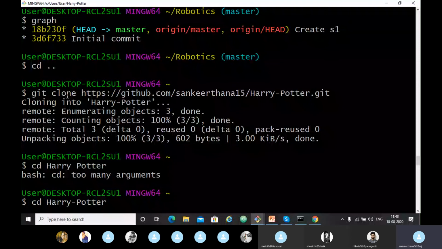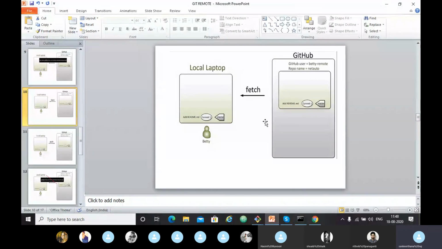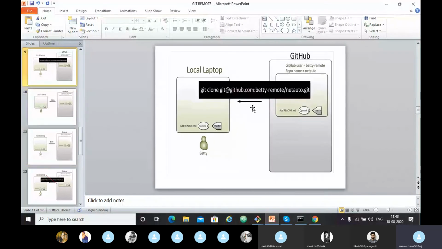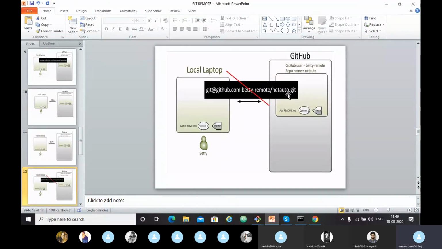After you have cloned, you can fetch anything from GitHub to your local repository, or you can push anything from your local repository to the GitHub repository. You don't need to remember or copy and paste the URL every time.